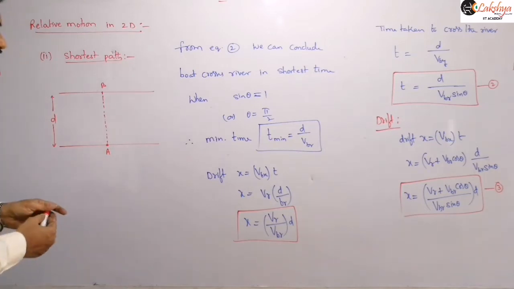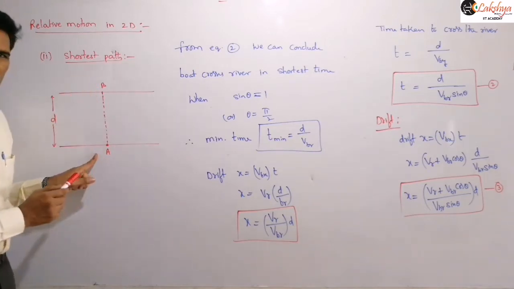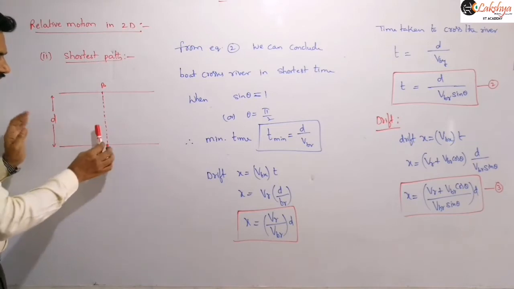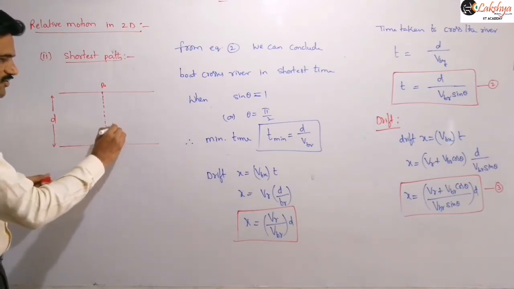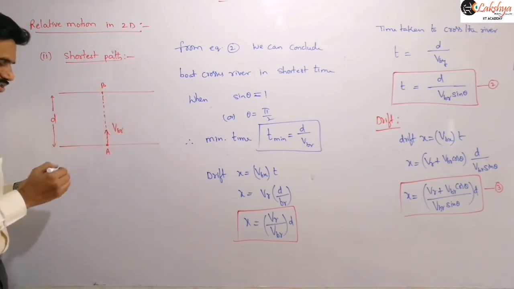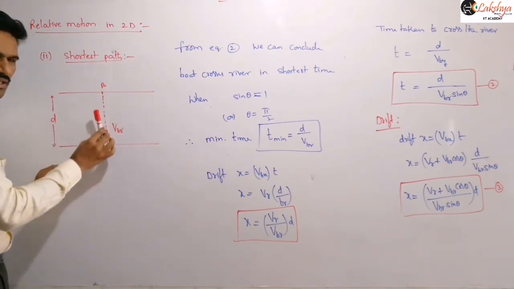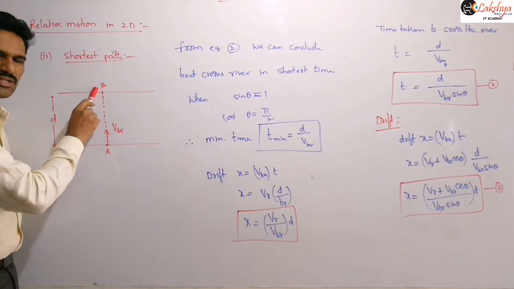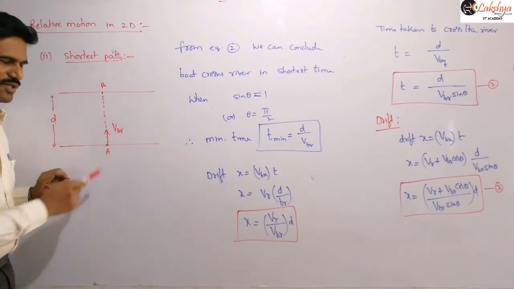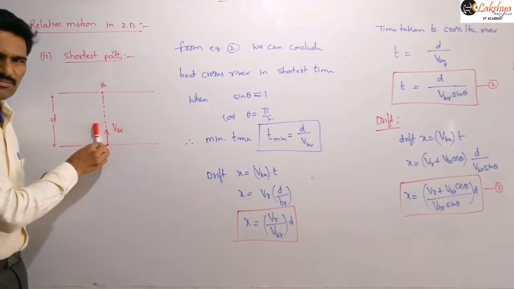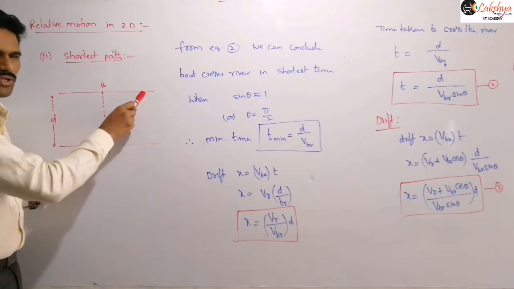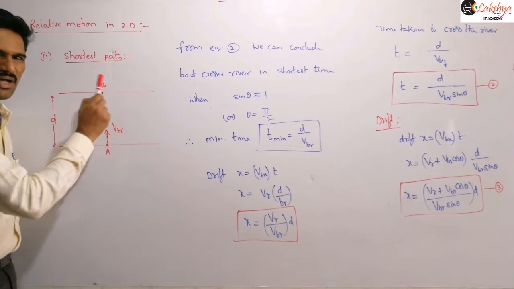So as we discussed already, suppose VBR is along this direction, and the boat itself starts its journey like this. Can it reach this point here? This is nothing but our previous point. If it is starting like this, it will cross the river in the shortest time, but it reaches some other point here. So that means that is not the shortest path.